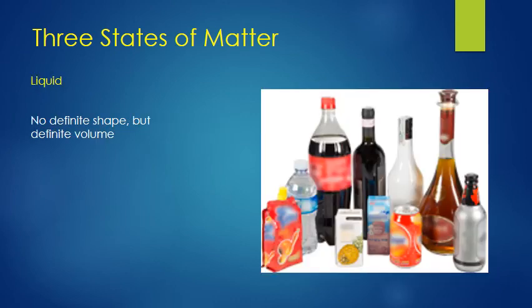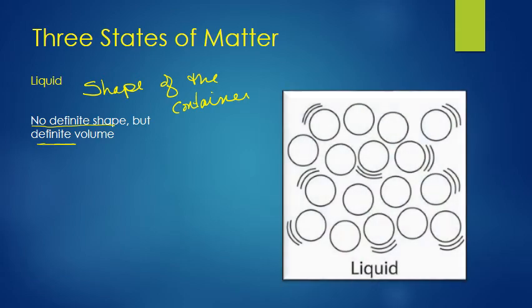Now, a liquid is a little different. The words that you want to fill in here for liquid is that it does not have a definite shape. And actually, you should write it down. It takes the shape of the container. That's a good thing to write down. Container. Did I spell that correctly? Okay, I'm going to run with it. Anyway, it takes that shape, but it has a definite volume. You know, can I get a 12-ounce soda pop? See, 12 ounces, definite volume. The atoms in this guy are also moving, but they're moving faster.